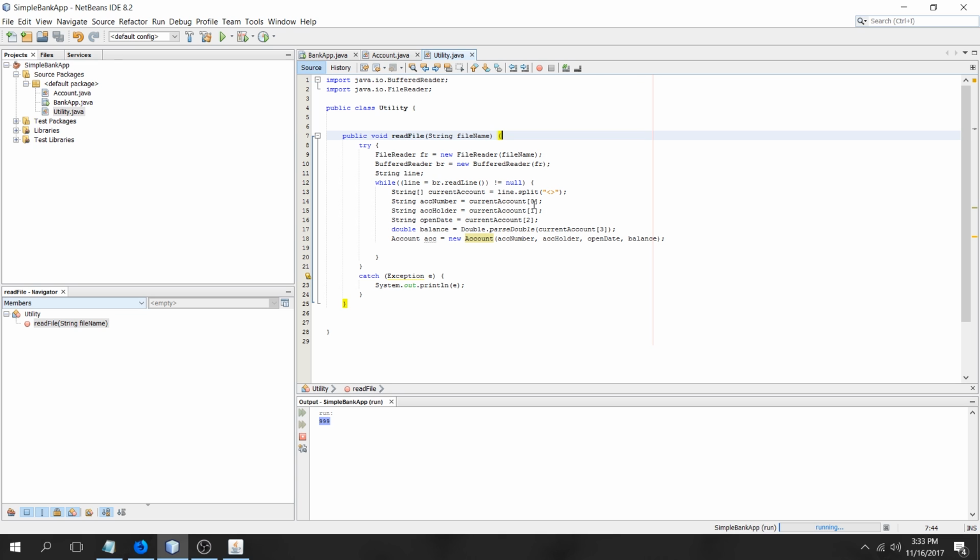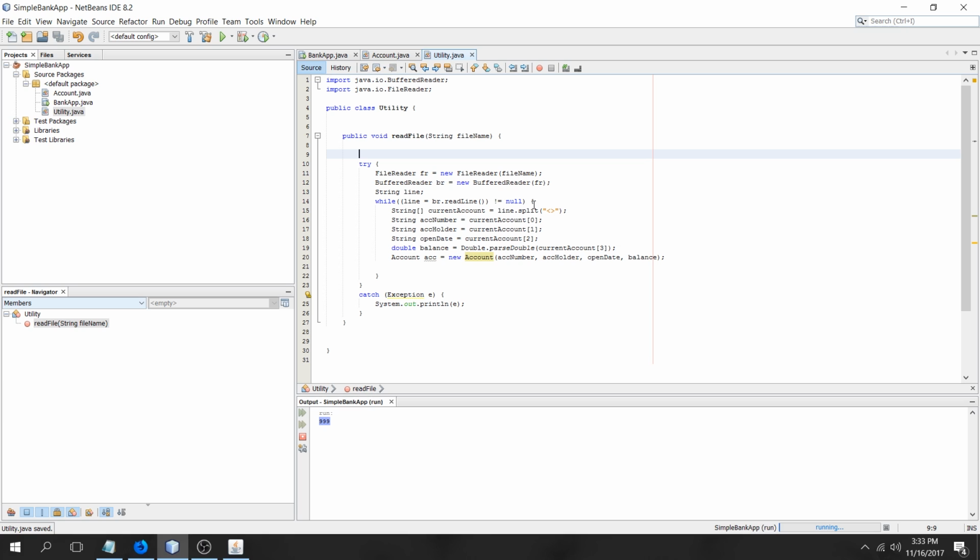So I'm going to store them into an ArrayList, which is basically like an array, except it stores objects. So the way to do that is I'll just type ArrayList and do the less than greater than. And in here we specify the objects that we want the array list to store. In this case, we want to store accounts, and we'll call this accounts